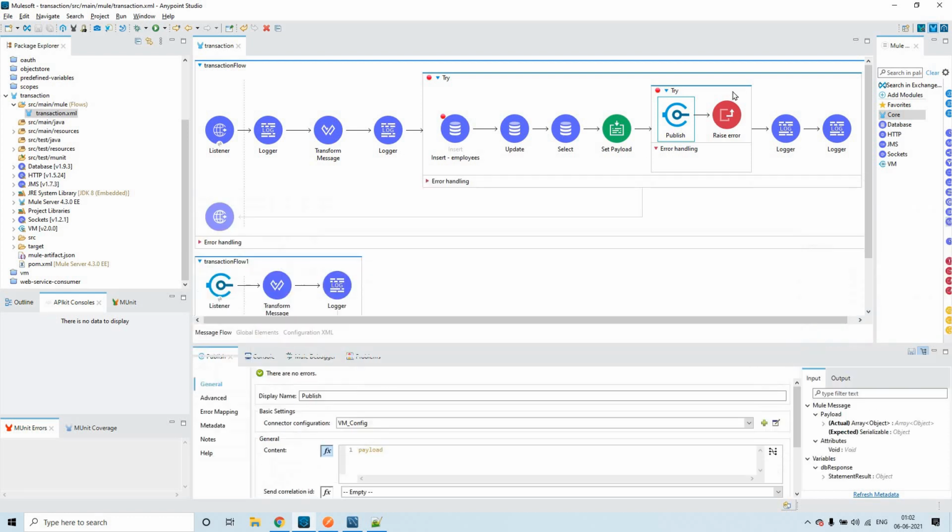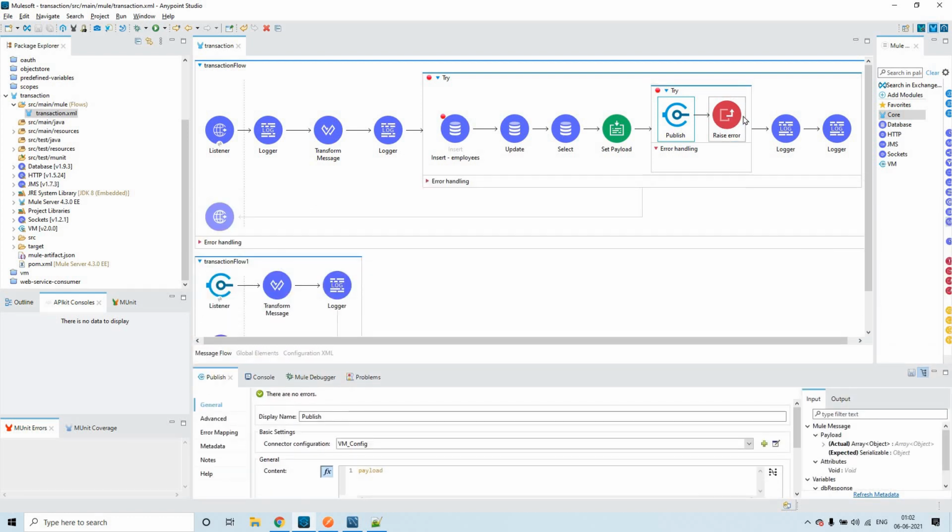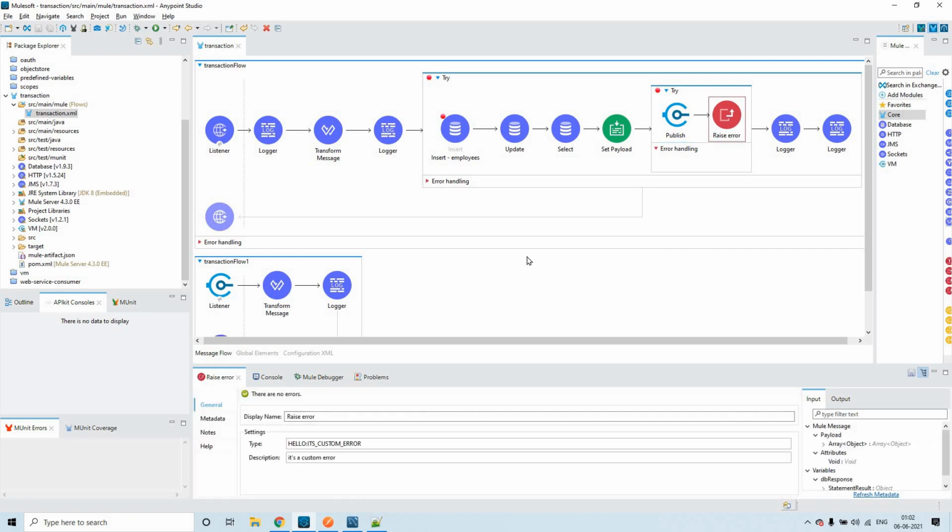And you see here, intentionally I have put a raise error, which will raise an error for sure. The type is custom error, and the description is that it is a custom error. We don't have anything in the error handling. So what happens? This particular scope will result in an error, and that will be propagated to this transaction.